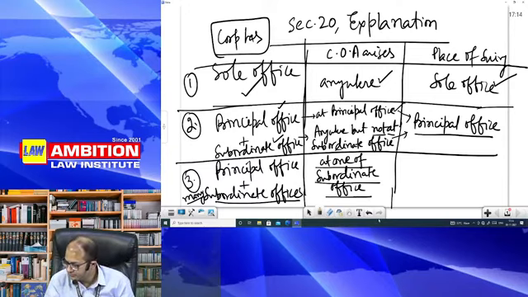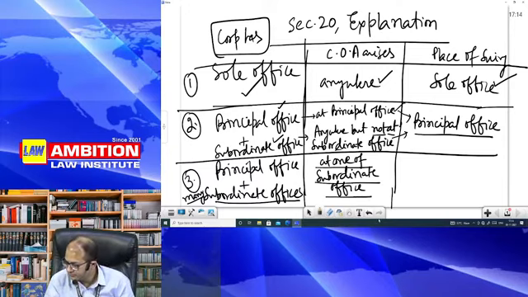Or in respect of any cause of action arising at any place where it had also a subordinate office at such place. Such place here means the place of the subordinate office, and not the principal office,